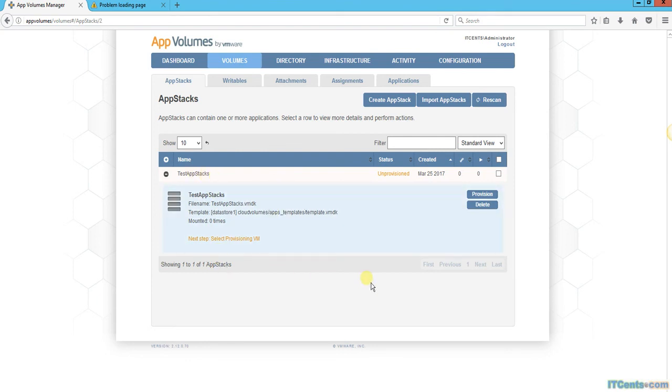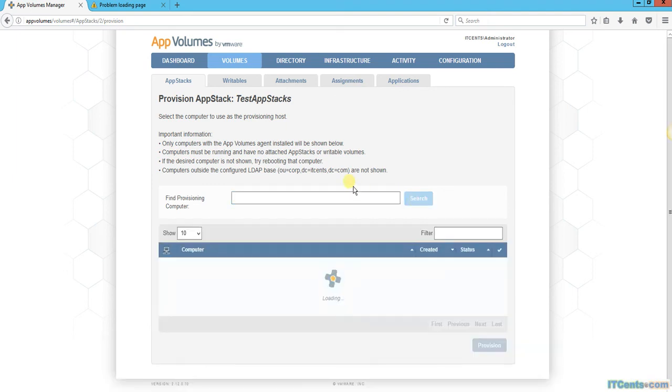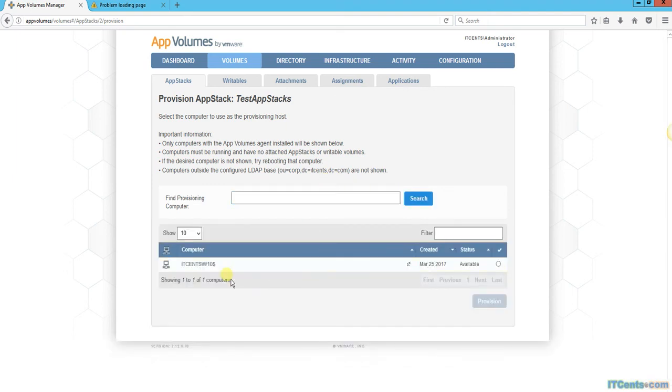So the next step is to select the provisioning VM. When we say provision, it will ask to specify a computer account of a VM that you will be using for provisioning applications. And that's what it says also: only computers with the App Volumes agent installed will be shown below. The computer must be running and have no Appstack attached or writable volume. Okay, so I think if I search, it will find this one, which is W10,